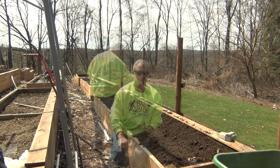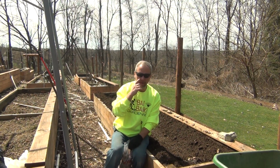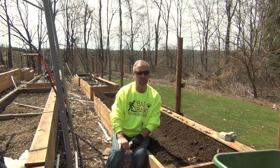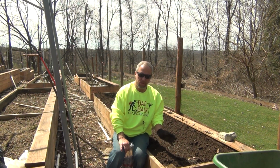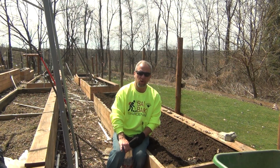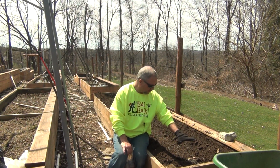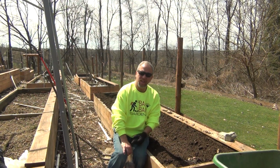Okay, so we're going to plant our potatoes here. I'm going to go ahead and lay them out. They tell you to space the potatoes about 3 feet apart for rows. However, because I'm planting in raised beds, they're going to be a little closer. They're probably going to be about a foot to a little bit more apart, just for space saving in the raised bed garden here. So I'm going to just run 2 rows side by side and space them out here,